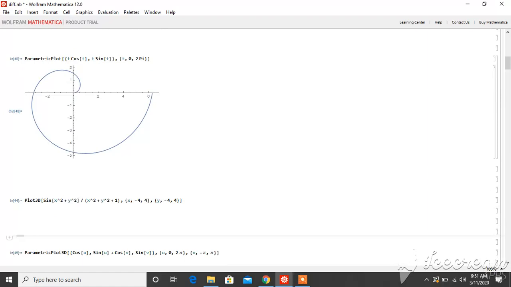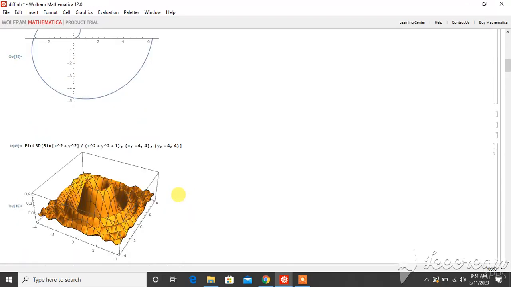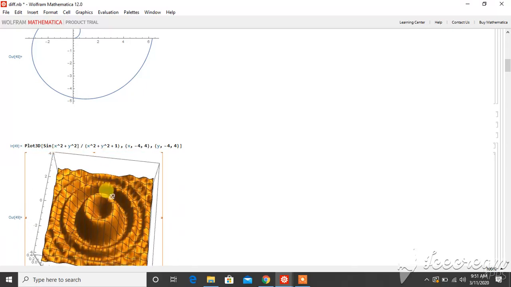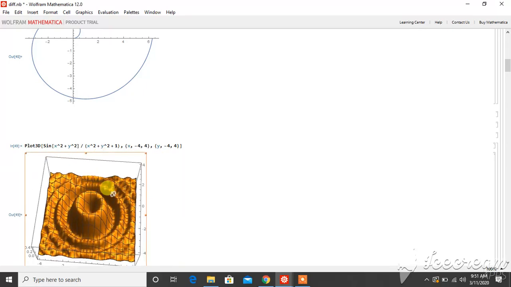Wolfram language also supports 3D visualization. The syntax will be the same, just with an additional variable specification. So here is our 3D plot, which is quite interactive. This can be moved with the mouse very easily.